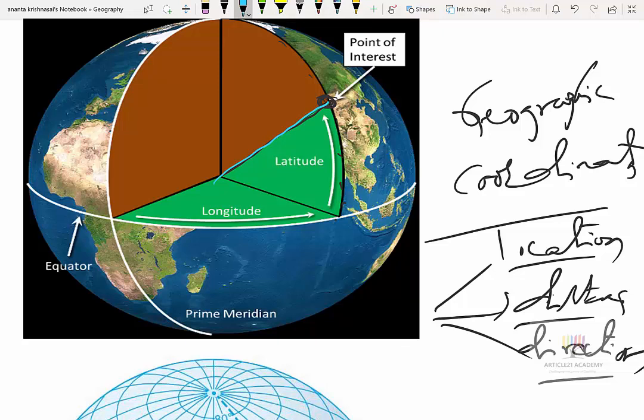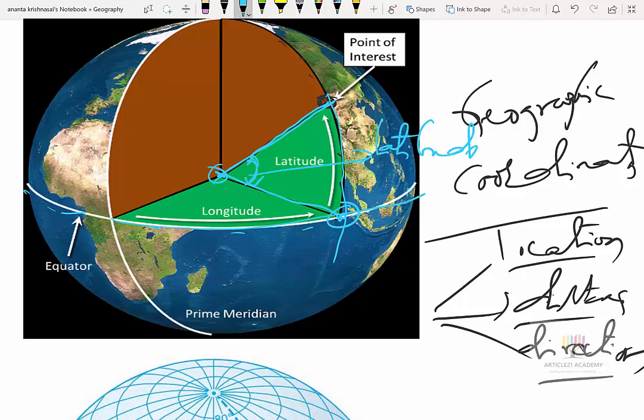You also know that this meridian cuts across the center line called the equator, and this forms a point of reference again. Whatever angle is formed between these two lines, the line which joins the point of interest with the center of the Earth and the line which joins the intersection of this meridian with the equator along with the center of the Earth, that angle is called